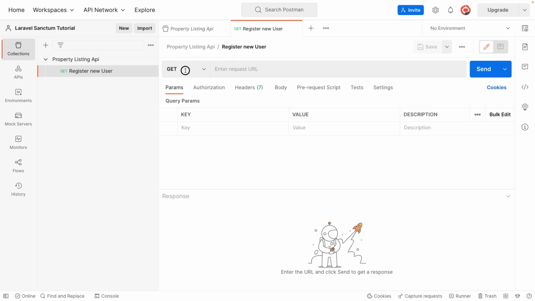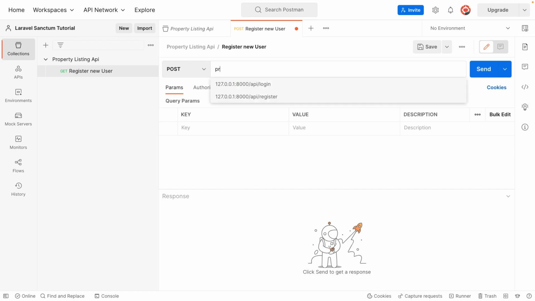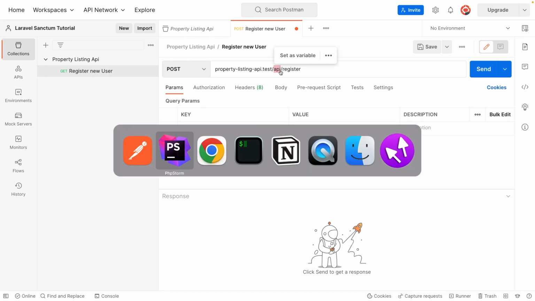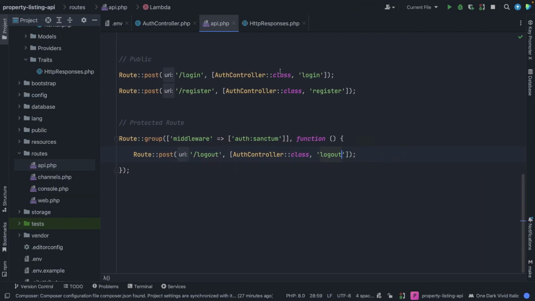Let's save it. It's going to be a post request. The URI will be property-listing-api.test/api. And keep in mind that whenever you work with an API, the /api prefix is required. Let's finish the route and I'll show you why. /register. There is a possibility to change up the /api endpoint, but then we need to navigate back to PHPStorm,